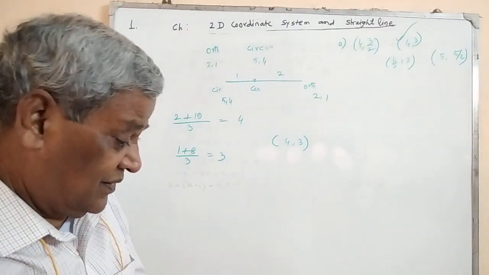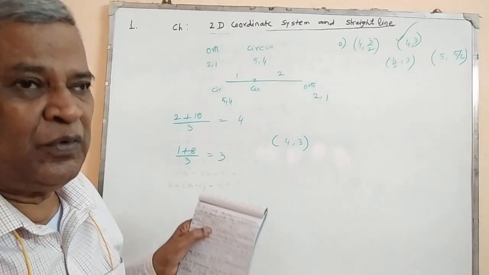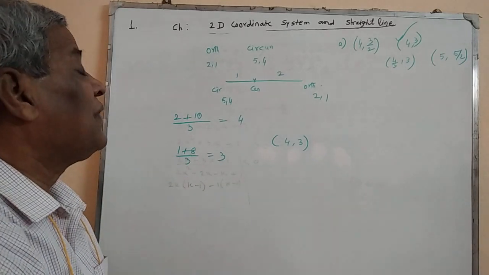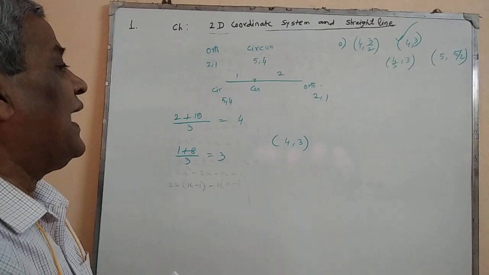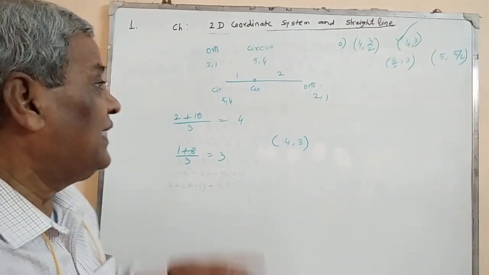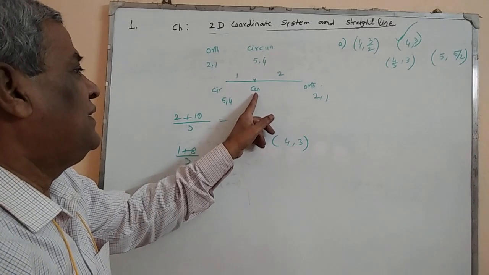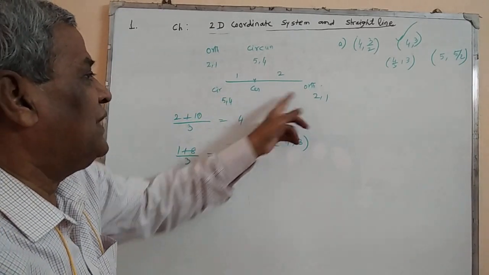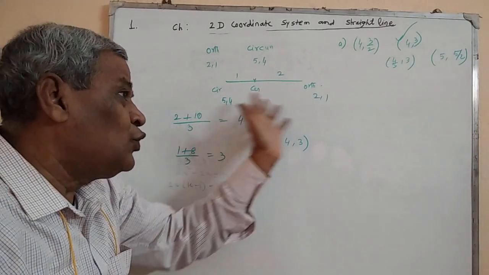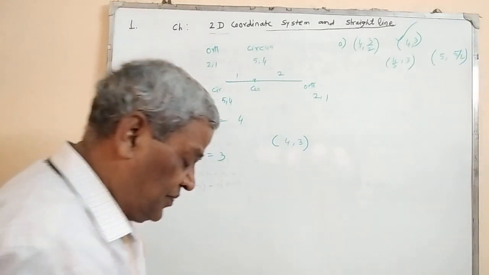Once again I tell you that this type of problem is very important for any competitive exam. What is the problem? Between orthocenter, circumcenter and centroid, any two will be given and you have to find out the rest, and for that purpose you can use this formula that the centroid divides circumcenter and orthocenter internally in the ratio 1:2. So if any two of them are given, the third one can be obtained from this result very easily.